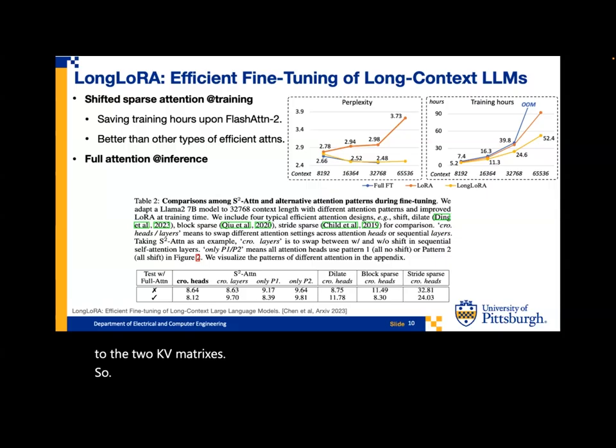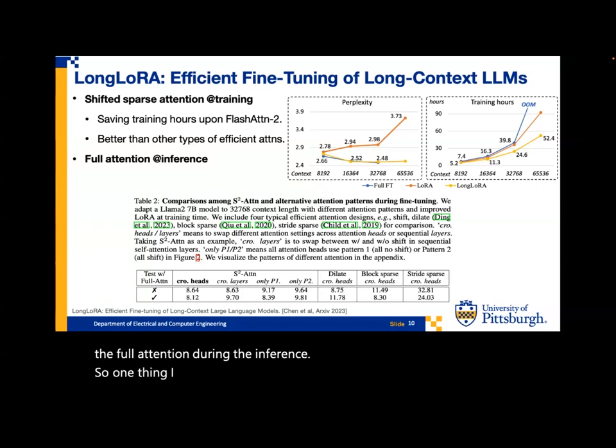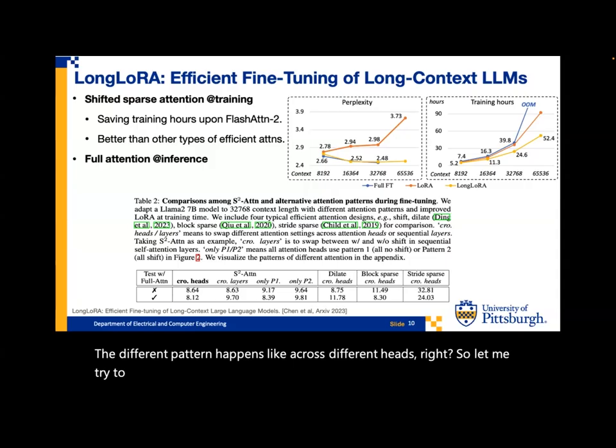And during the inference, if you have a longer context, we are going to do the full attention during the inference. So one thing I want to mention here is that the different pattern happens across different heads, right? So let me try to draw this because you guys still seem a little bit confused. So basically,